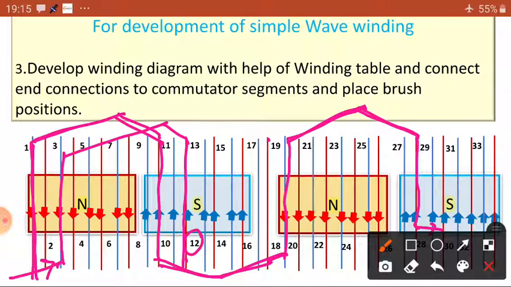The 12th conductor is connected to where? The 12th should be connected to the 21. Where is the 21? So this blue one is the 21. Okay. So this 21 is connected to where? Just look at the table. So 21 is connected to the 30. Where is the 30? This is the 29, blue, this is the 30. Now, 30 is connected to where? You can see the table. So 30 is connected, from the table,